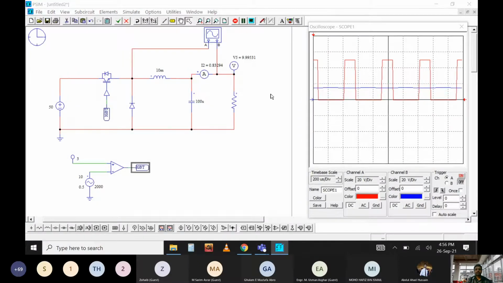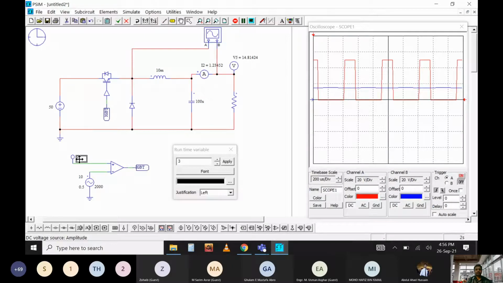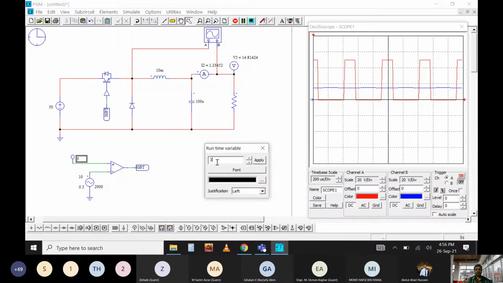So now we can run the simulation, and you can see it's around 3. So if you want to increase the output, you just go up. You can see how it is increasing and how your output voltage is increasing.